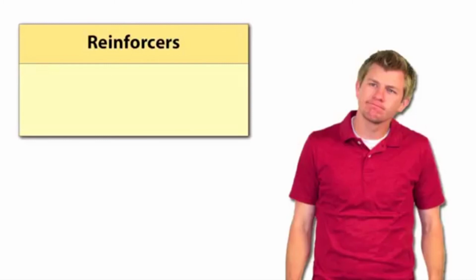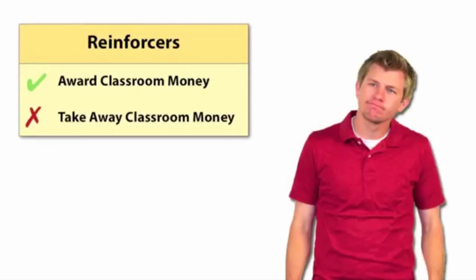Next, Teacher Tony must decide on reinforcements or consequences for his students. Teacher Tony decides on 2 reinforcers. First, Teacher Tony will award classroom money to students who demonstrate behaviors. Money can be spent on class rewards, such as using notes on a quiz or turning in homework late with no penalty. Second, Teacher Tony will take away money from students who fail to demonstrate the behaviors.